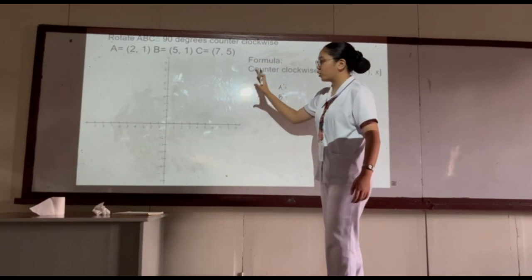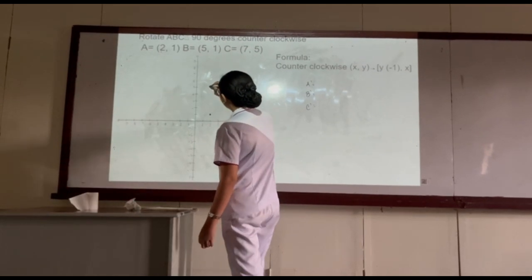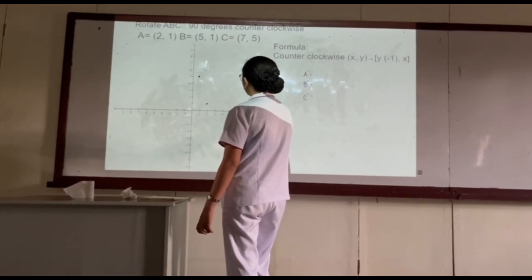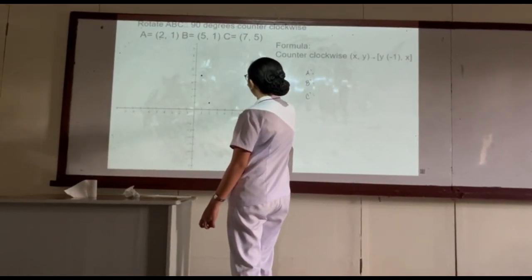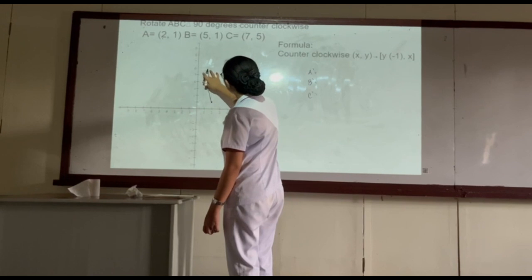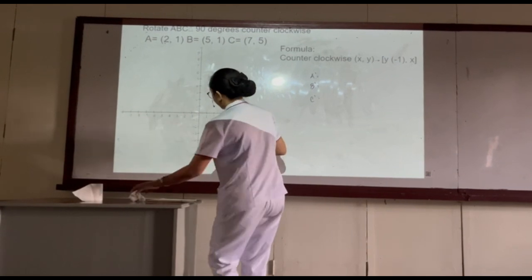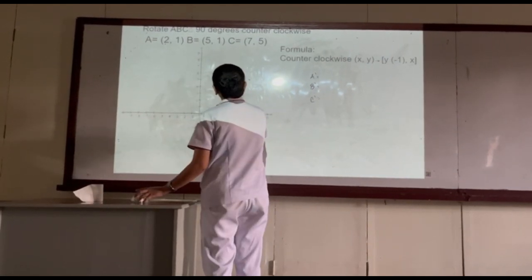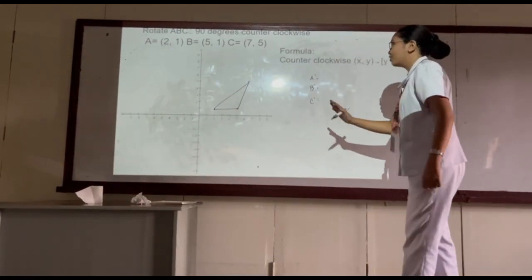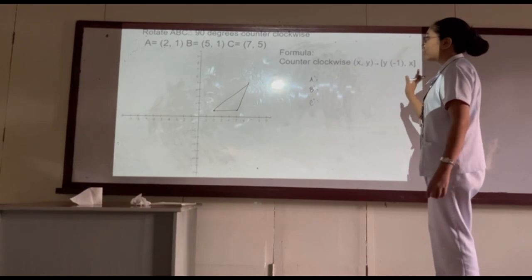Let's first plot our given coordinates. So it's 2, 1, 5, 7, 5. So here's our object. Now we're going to do the same procedure we did in clockwise